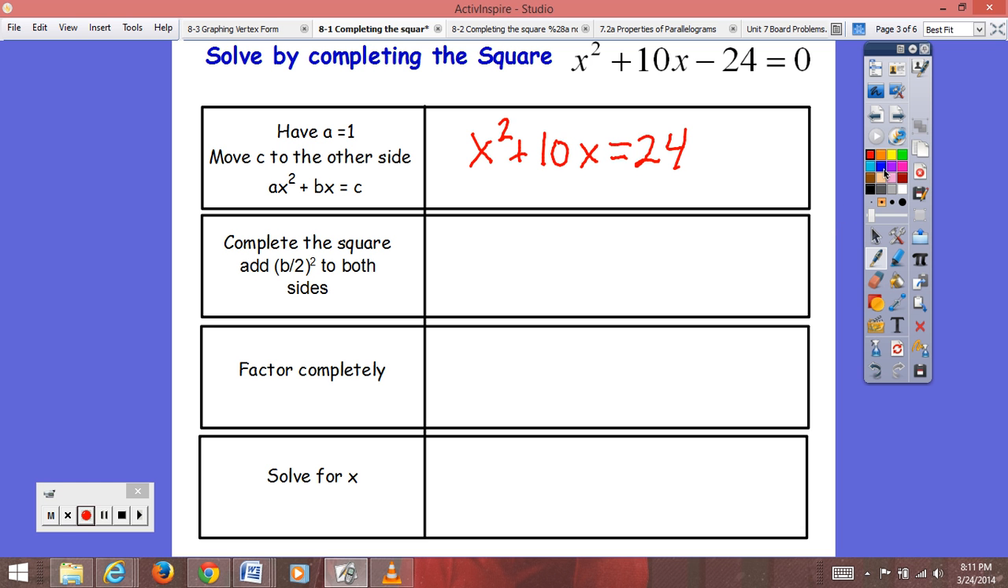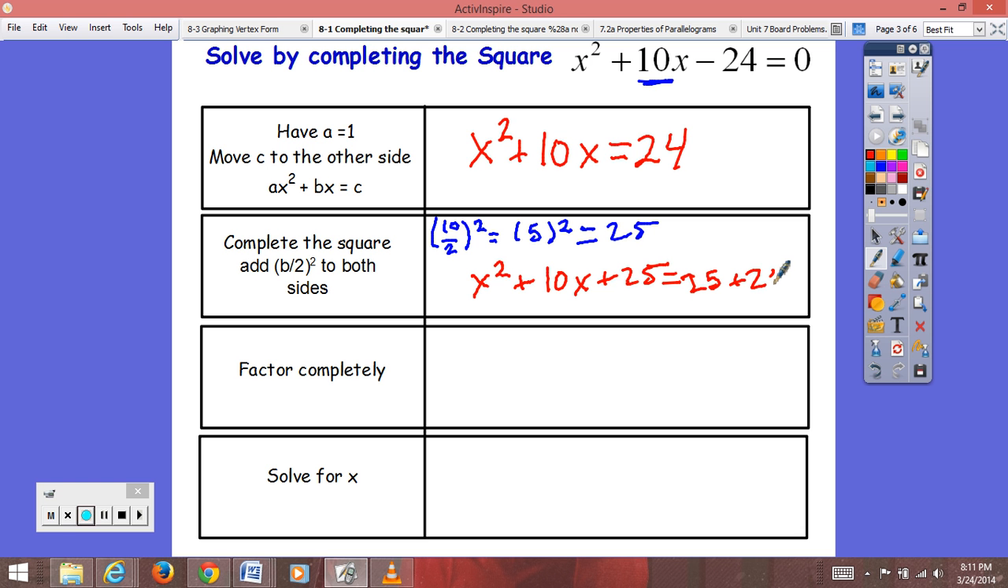Okay, and then our next step, to complete the square, you add b divided by 2 squared to both sides. So if we were to do that, 10 divided by 2 squared equals 5 squared. 10 divided by 2 is 5, and that is 25. So we then add that to both sides, and we get x squared plus 10x plus 25 equals 25